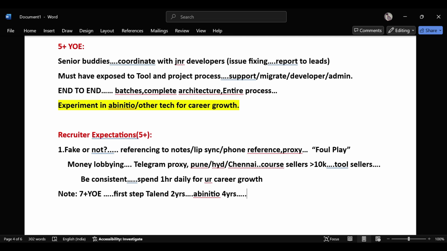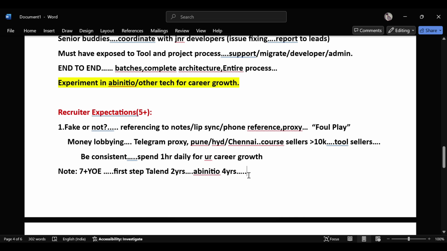But when we asked those questions, it looked like he just blinked. He doesn't have any tool exposure. In his profile he says Talend 2 years, Ab Initio, and then some cloud, say GCP.